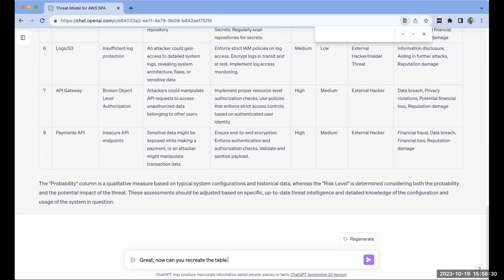So I sometimes prefer to create the same threat model from different points of view, because everything becomes a lot more realistic. If the business is really worried about attacks from the outside, then you do it this way, because the insider threat can do a whole bunch of other things. So I could say, now can you recreate the table only from the point of view of external attackers